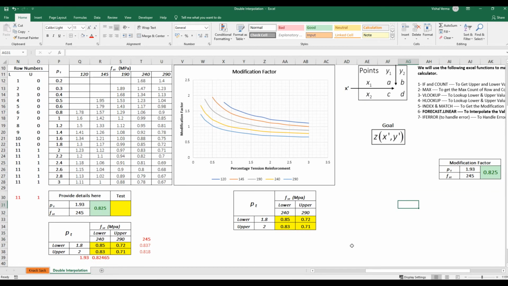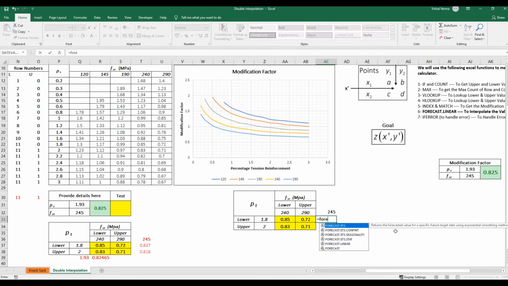Second, we have to do interpolation for 1.93 and 245 values. So we will use here this value 245. For 245 we have to calculate the modification factor values. So we will use the FORECAST.LINEAR function.